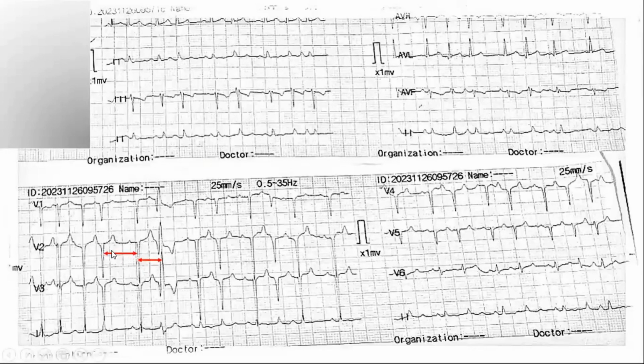Now the conduction system has some properties. Remember that the decrement occurs at the level of the AV node. Anything below the AV node, always think of as an all or none phenomenon. Either it will conduct or it will not conduct. The decrement is at the level of the AV node. So below the node, infranodal, there is an all or none phenomenon. So now what happens is